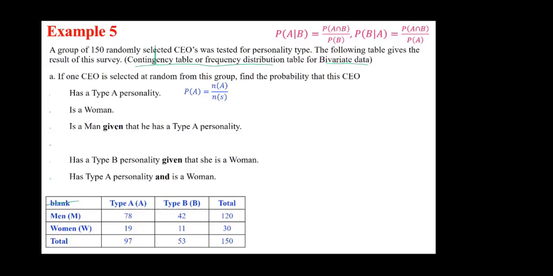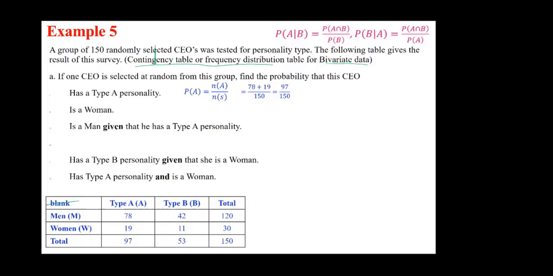You can look at the total, or if the total is not given, you can say 78 plus 19 divided by 150. Now, if you left it as that, it is absolutely fine. If it's a fraction, the only thing to remember is you want to put it in lowest terms. If it can't be done, you're done. If you insist on going to decimals, you're really